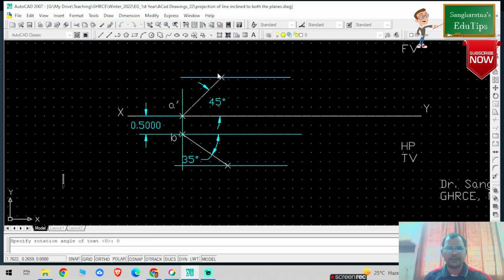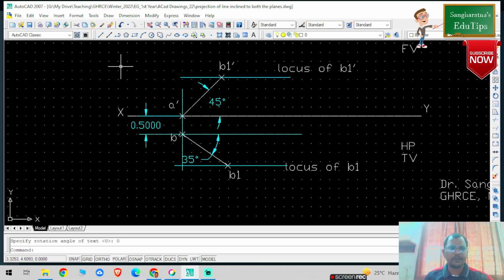So now you can write down here, this is my point B1 dash, and this is my locus of B1 dash, and this is my locus of B1, and this is my point basically B1. So once I did this, what I need to do, I need to draw one perpendicular projections